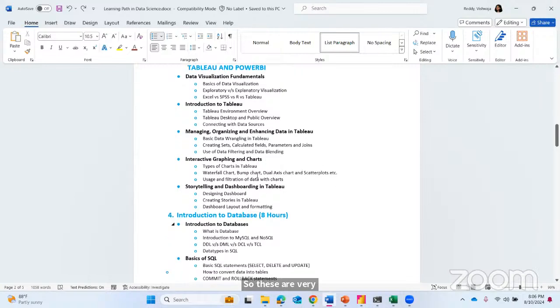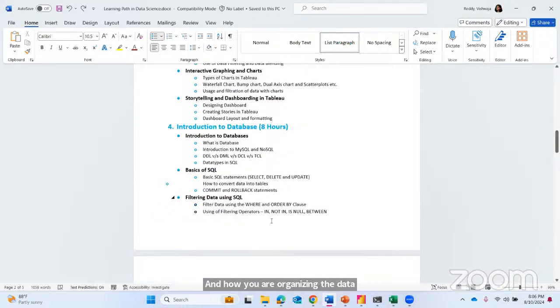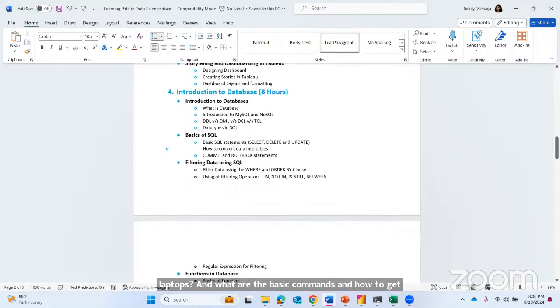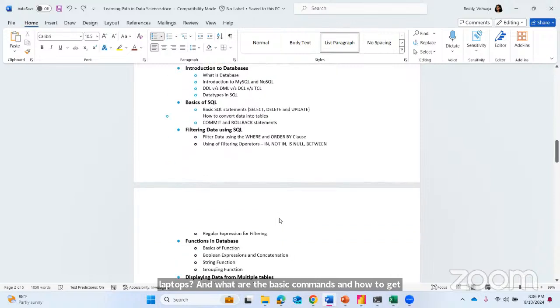How you can use the different charts, what are the different kinds of charts we use in data visualization, and how you are organizing the data, and extracting it from the database. So what is SQL and how we can install SQL in your laptops, what are the basic commands, and how to pull the data and manipulate it.